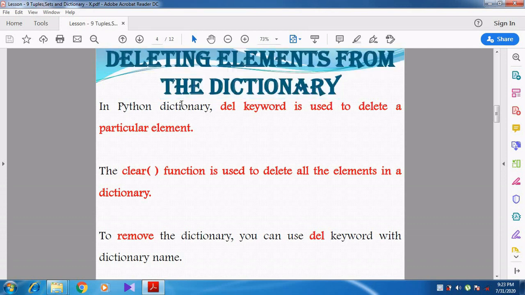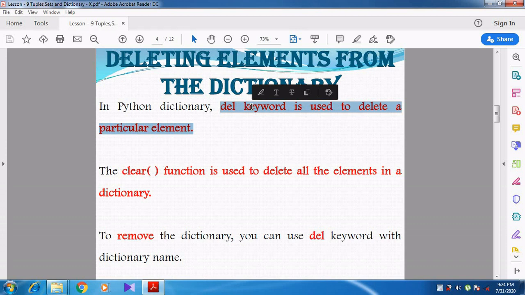In a Python dictionary, the del keyword is used to delete a particular element. If you want to delete one particular element, you use the keyword del and specify the key of that particular value.